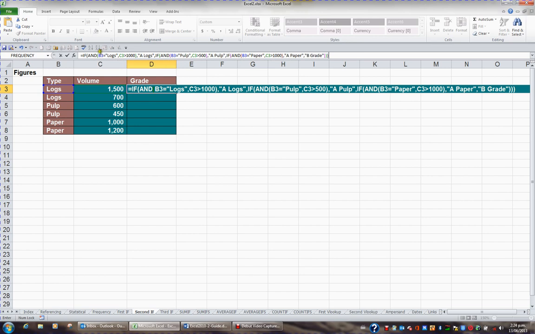So the AND function is a function in its own right, so it has its own open and close brackets. And with the use of a comma, you can stipulate up to 255 conditions that have to be met. So if this is the case, and this is the case, and this is the case, and that's all true,